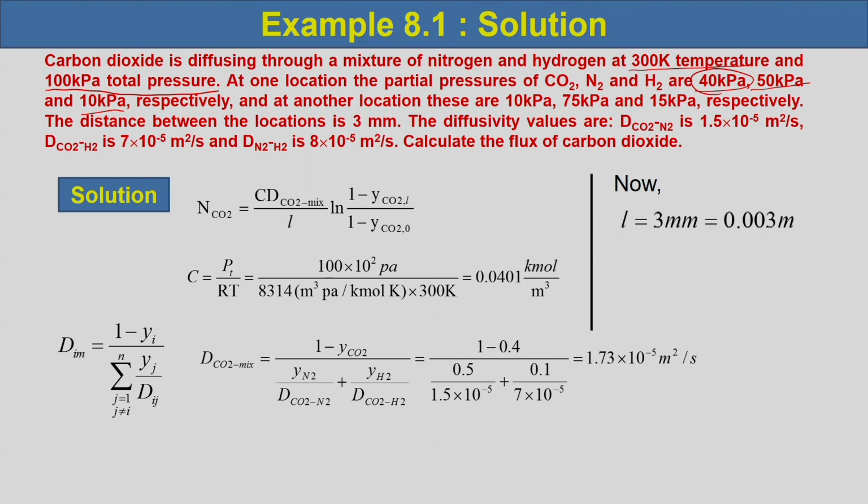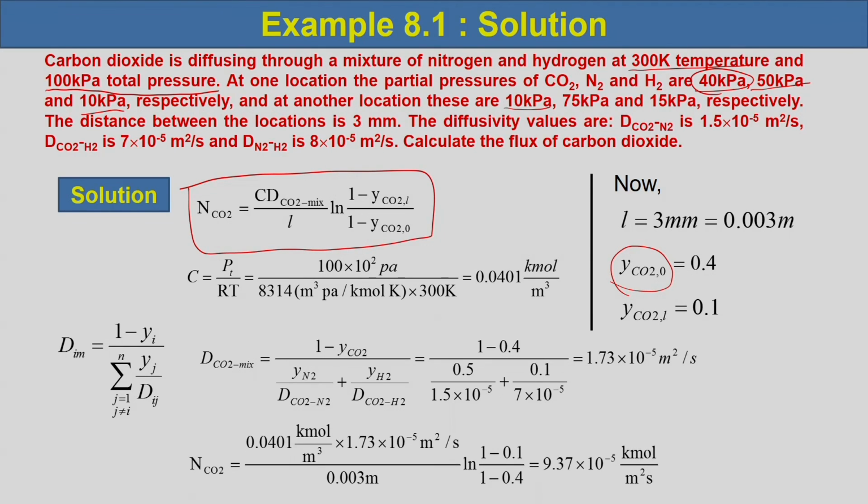Now, the length between the two locations is 3 millimeter, which is 0.003 meter, and Y_CO2 at 0 is 0.4, the mole fraction of CO2 at location 1 is 0.4, and at location 2 it is 0.1, which is 10 kilopascal of carbon dioxide at the other location. So, with this, we substitute in this equation,